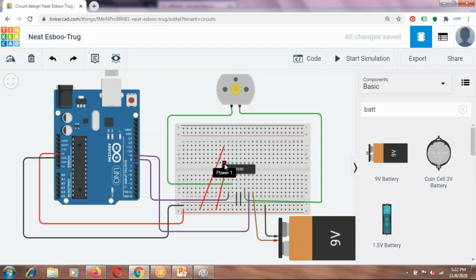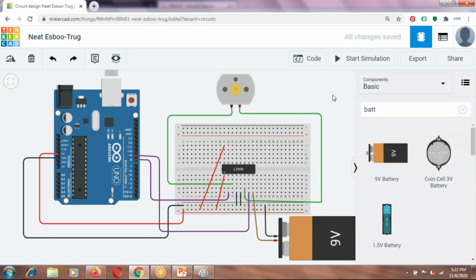So is it understood? And yes, one more connection is left, which is obviously important because that is the IC power supply. Every IC consists of a VCC and ground, and you need to provide those supplies so that the IC turns on. The power terminal of the IC, that is VCC, is pin number 16 on the L293. It is also given 5-volt supply from this line.